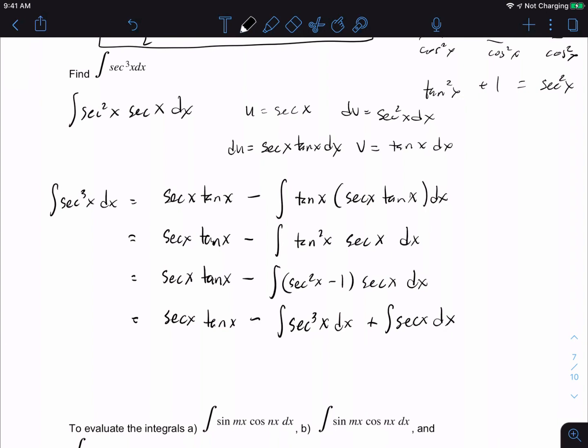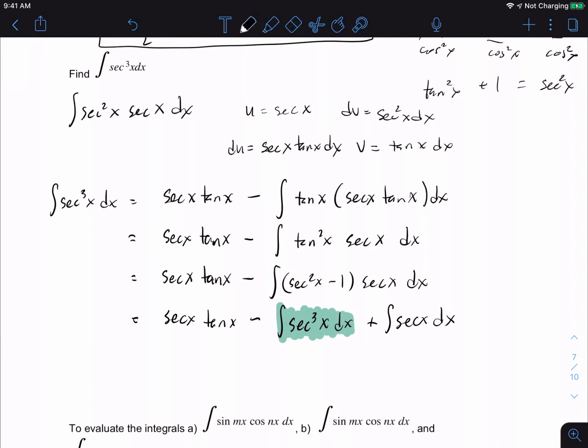But do we notice something strange here? Do we have the integral again? We have the actual integral that is our problem in our solution. So we need to be aware that this problem is called a looper. The integral itself is part of the answer, so we need to bring it to the other side, and we